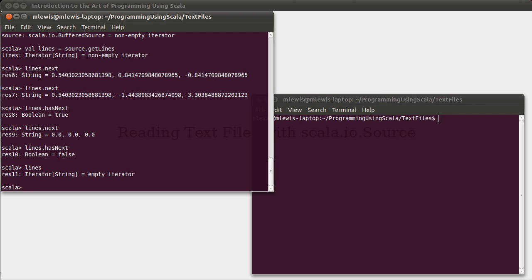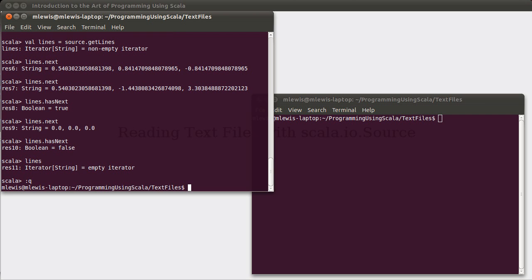Okay, so here you can see that we can use the source to read out the contents of a file. You can use next and hasNext, but because it is like a sequence and we can use all the other methods that we're used to using on sequences, there are often easier ways for us to interact with it. So to really demonstrate this, we want to write some scripts. So first,